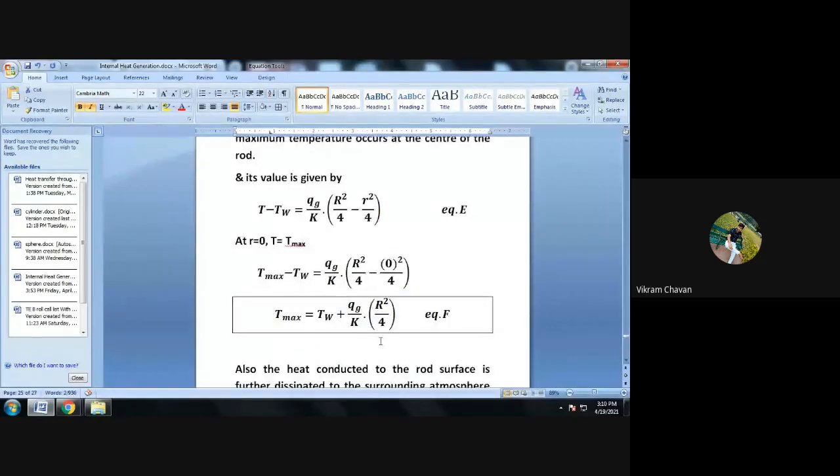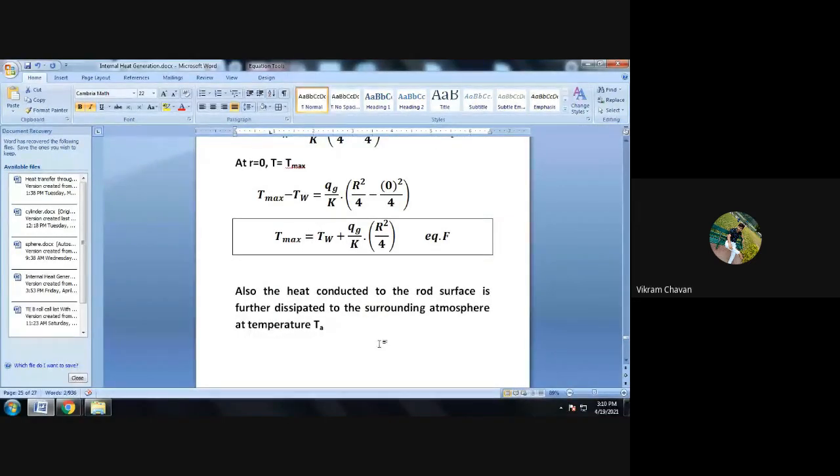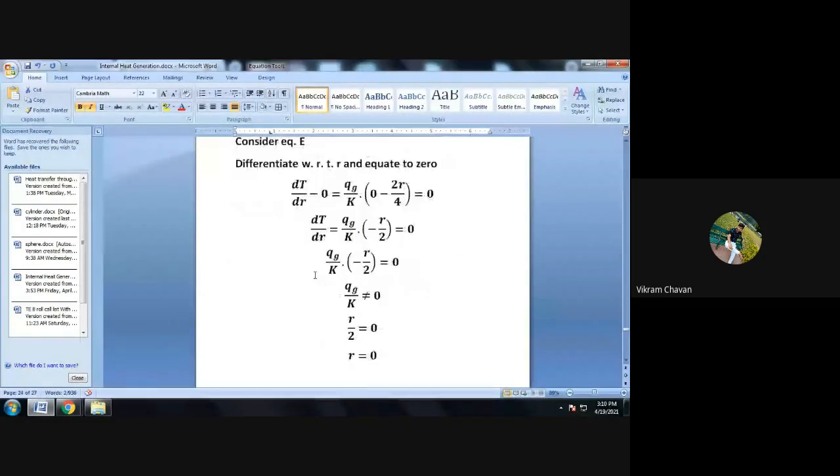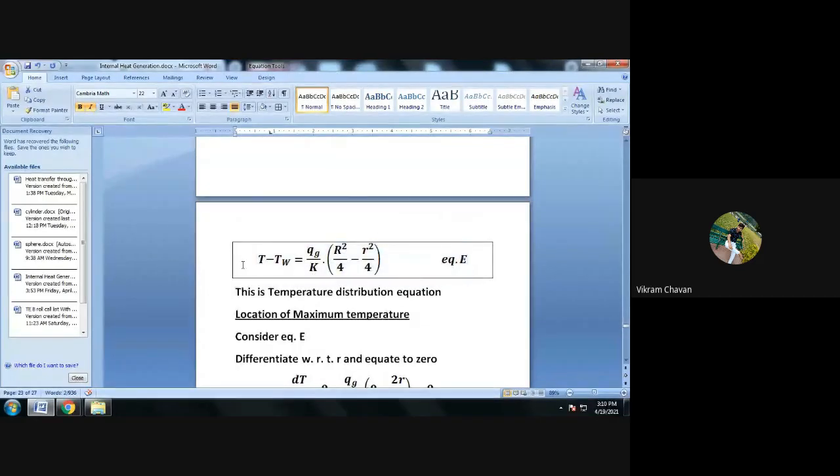In the next lecture we'll take 2 to 3 problems on this point. So up till now, is there any problem up to this point, where we reached the temperature distribution equation? Is there any doubt, any problem, any question? Whether you understood or not, please let me know, or should I repeat the things? You can comment in the chat box, or you can unmute.